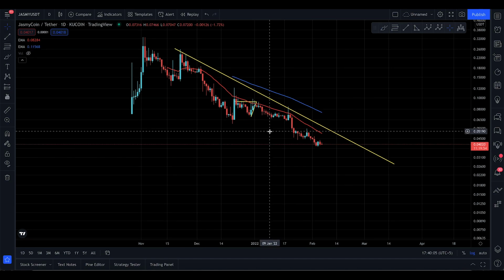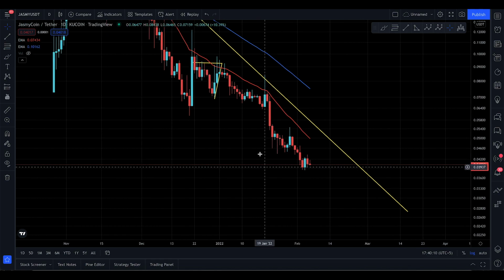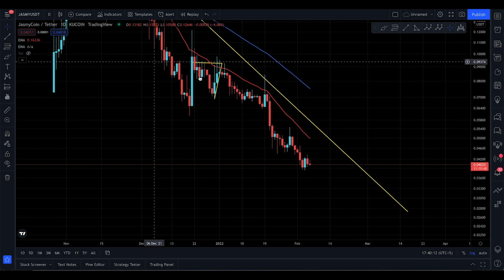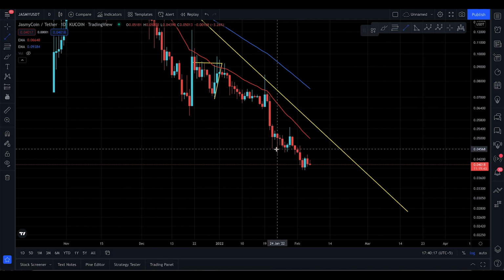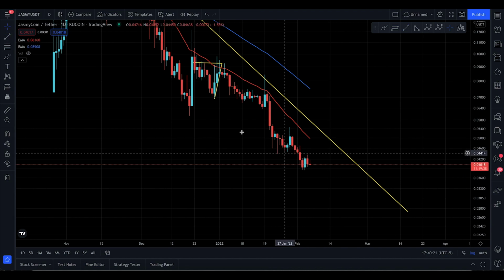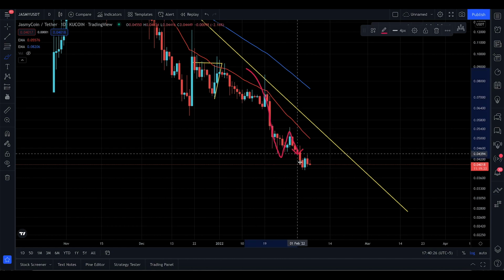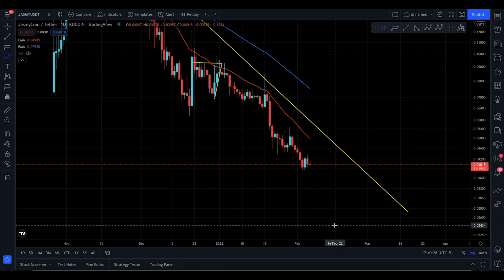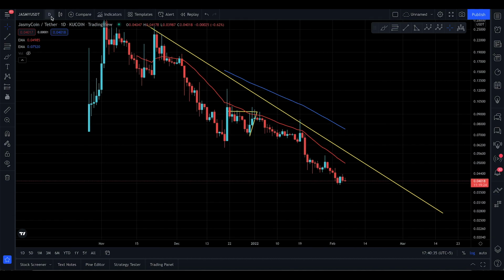So there is a little bit of a bear pennant that is continuing to play out, and I'm going to show you this one. So basically, there's like, yeah, no, it's not a bear pennant. Sorry, that's not a bear pennant. But at this point of time, this thing is in a continuation of a downtrend: up, down, potentially up, and then go down. Now this one, no one knows where it's going to go and stop. The only thing for us to tell ourselves if it's going to stop